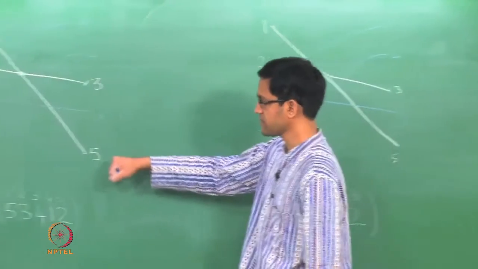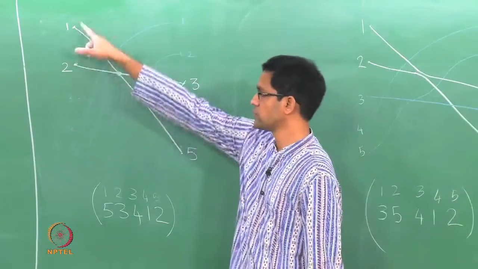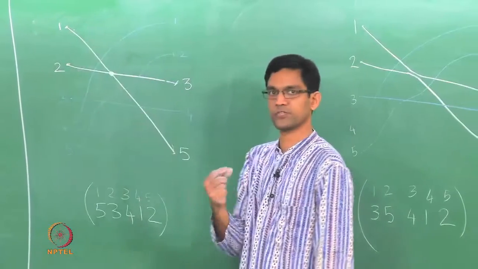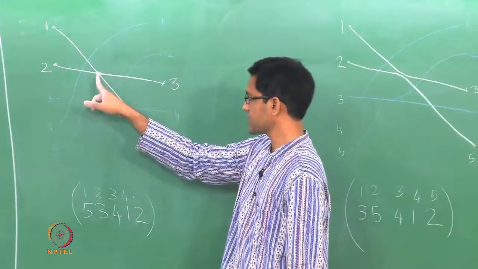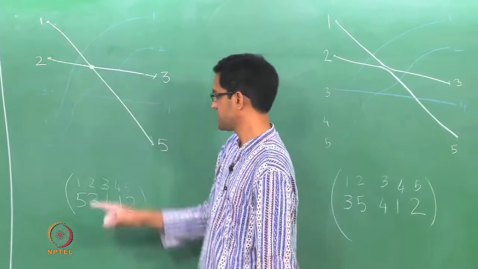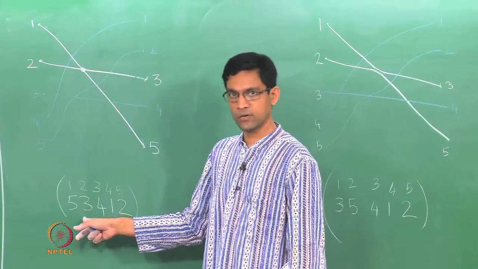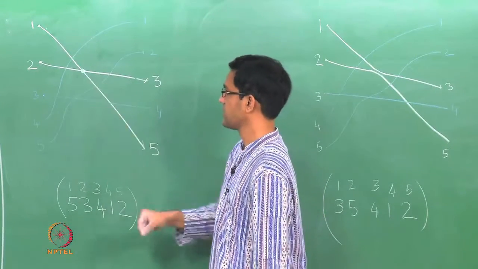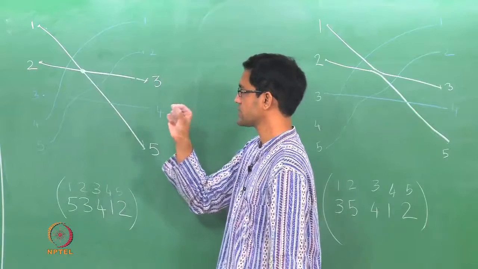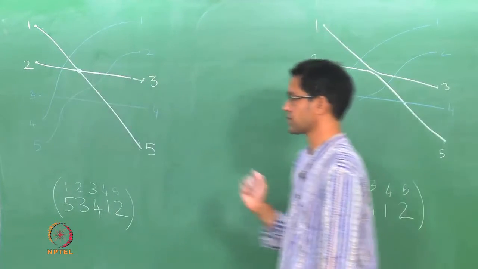You start with some crossing diagram and the lines for 1 and 2, the 2 adjacent ones which you say swap if there is a crossing, which means that the number in the first place, in this case 5, is bigger than the number in the second place, which would lead to a crossing. If there is a crossing, what you do is you just remove that crossing by doing the procedure that we just talked about.